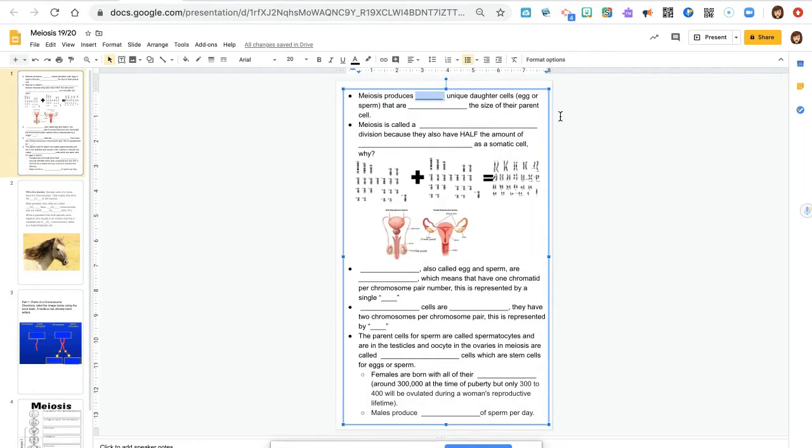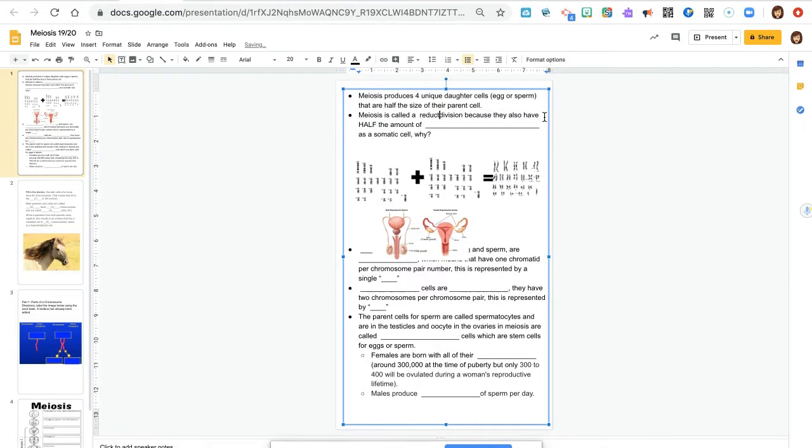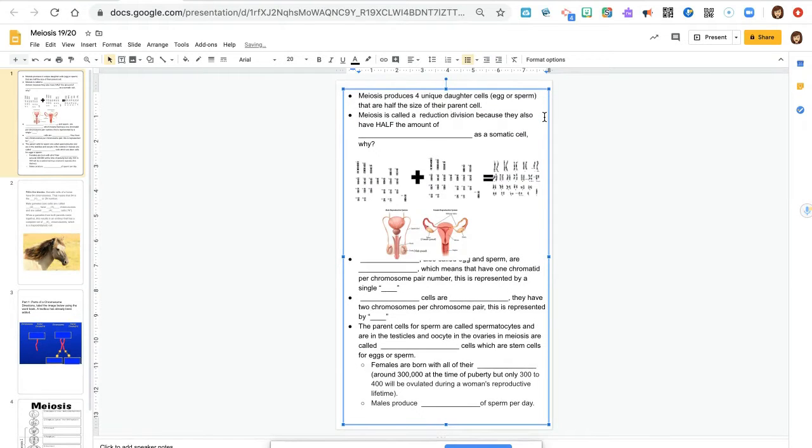Let's begin. Meiosis is a process that produces 4 egg or sperm cells that are half the size of their parent cell. Therefore, because they're half the size, not only is the DNA half, but the cytoplasm is also half. It's called a reduction division because it's reducing in size. They also have half the amount of chromosomes